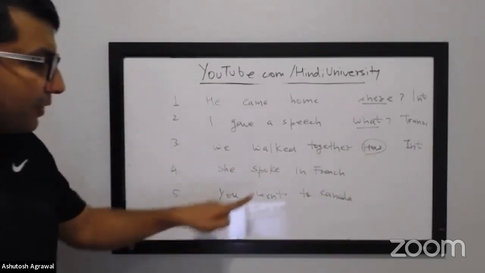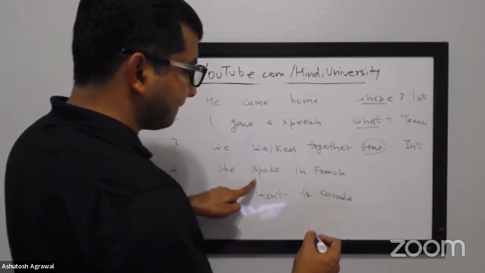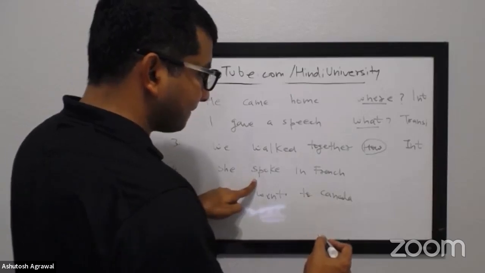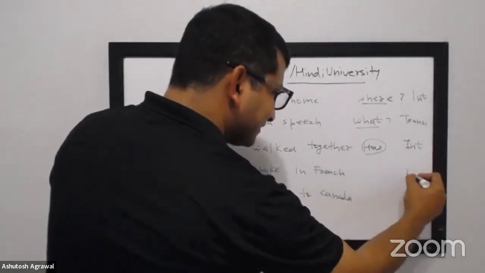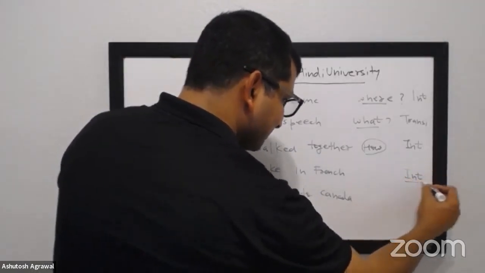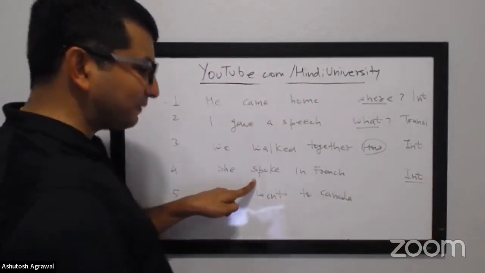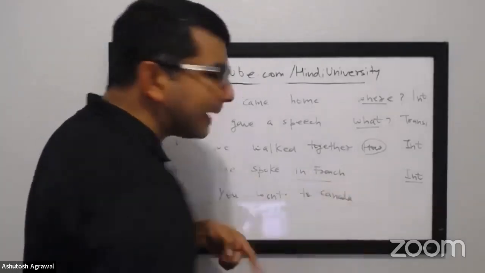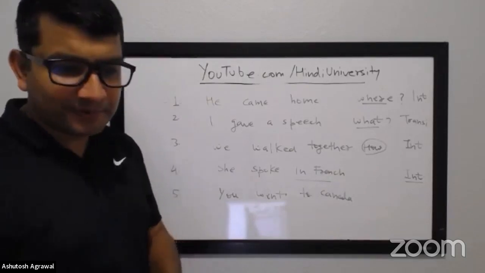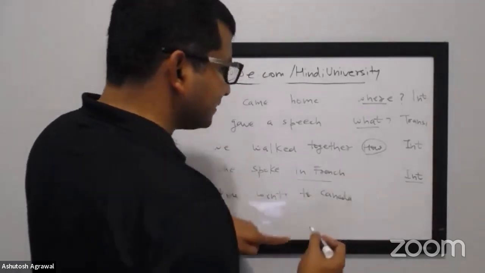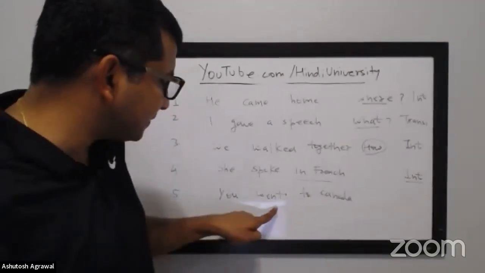This one also. She spoke in French. In this sentence, I think this is used as intransitive, but sometimes it can be used as transitive as well. Very good, right? In this one, it is really describing the manner in which she spoke, whether she spoke to someone, right? Awesome. So in this case, it is intransitive. Last one. Let's see who would do it. Meena ji, you want to do this one?